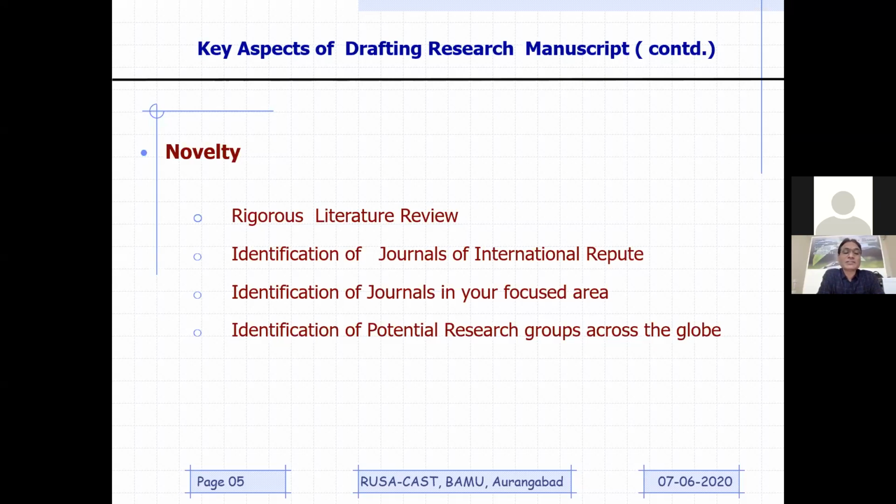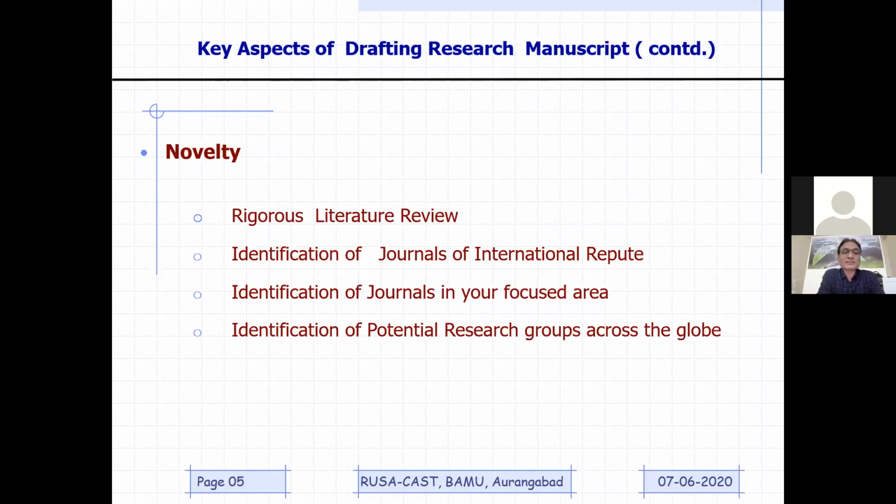But while doing that, you need to understand, as I mentioned earlier, rigorous doesn't mean only quantity. Rigorous means what kind of journals you will be referring to for a literature review, the quality of those journals is going to be very, very important. And therefore, you need to understand how to identify a journal of international repute. That also we have discussed. Similarly, that is not going to be enough. Even if the journal is good, you need to ensure that whatever journal you choose will be publishing most of the papers from your focus area. If you could do that, you will be able to inculcate novelty.